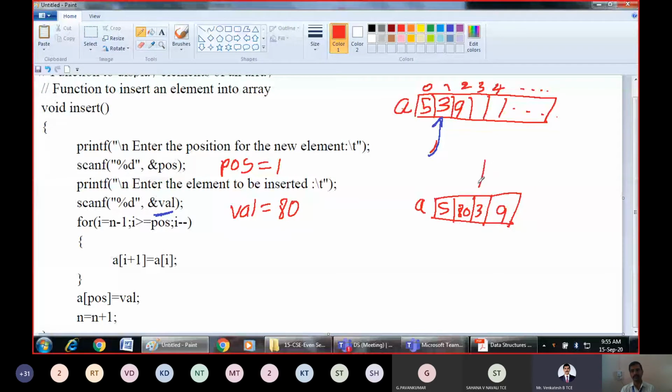So this array will become like this after we insert 80, because at position 1 we want to insert the new element, and that element is 80. So this is before insertion and this is after insertion. This must be the output of the array once we insert.